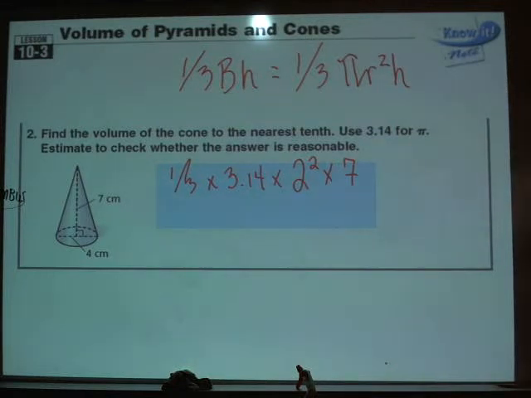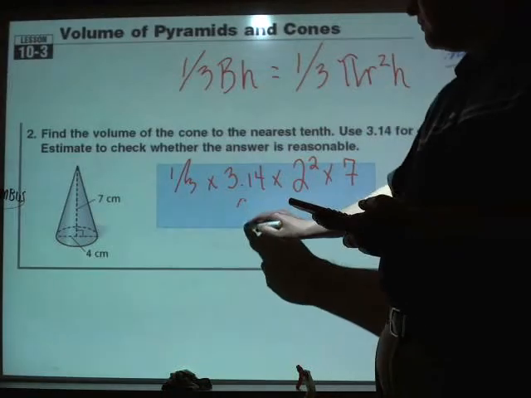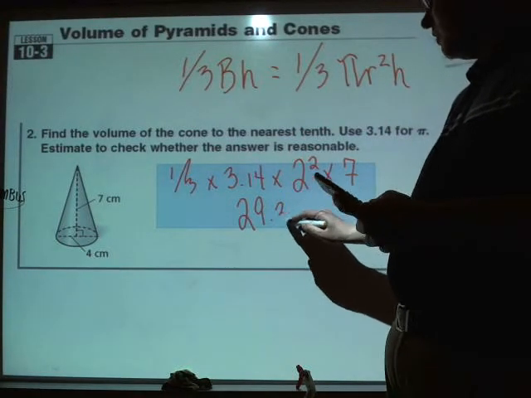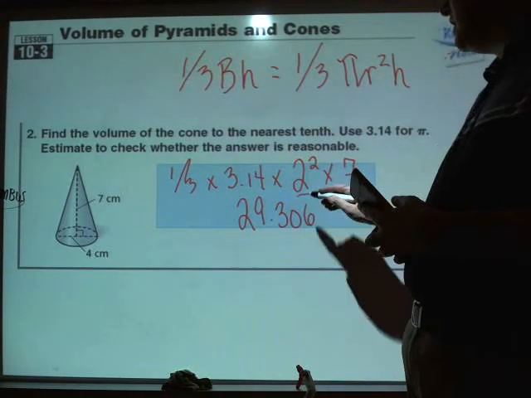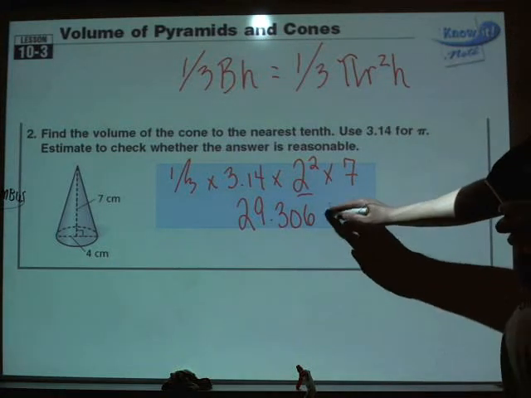I want to make sure I use the order of operations here for that 2 squared, because that's going to have to go first since it has an exponent, 4. 4 times 7 is going to give me 28. Times the 3.14 is going to give me 87.92. And then I'm going to divide that out by 3 for the third, and that's going to give me 29.306 repeating. Kind of an odd answer, but that's what it is, centimeters